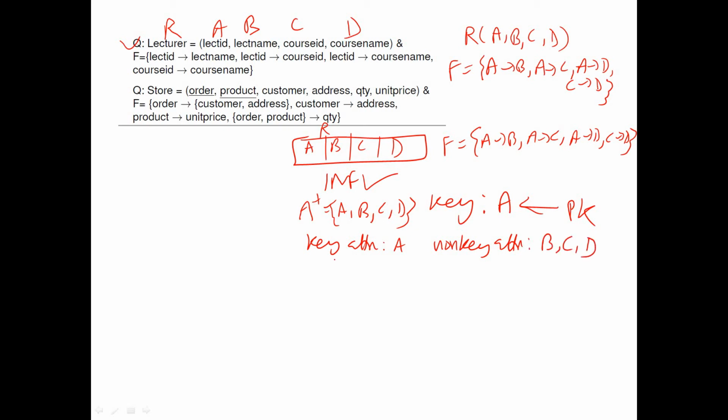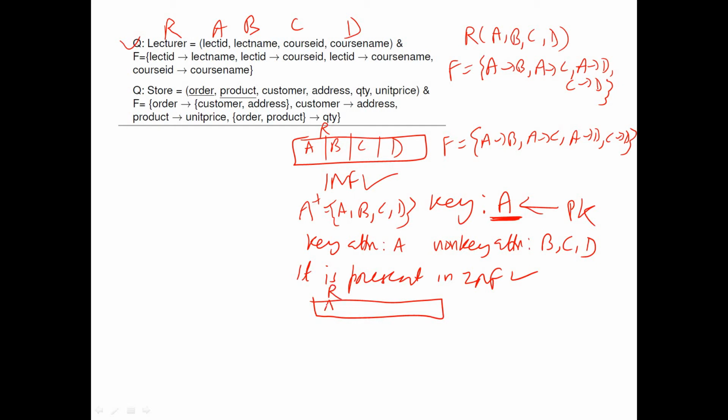Right? So is it present in 2NF? Who can say? It is present in 2NF, right? Why is it present in 2NF? Because there is a single attribute key. So since a single attribute key is there, no partial functional dependencies from the non-key to the key exist, right? Now, whether it is present in 3NF or not, how to check?